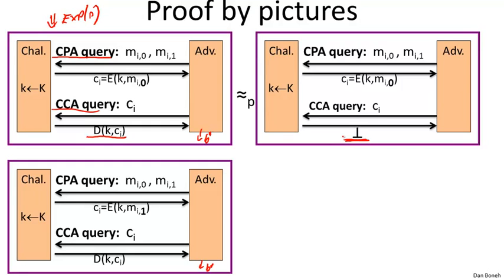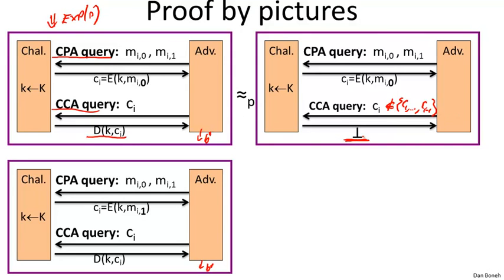In other words, the adversary can't distinguish these two games for the simple reason that, because the scheme has ciphertext integrity, the adversary simply cannot create a ciphertext that's not in c1 to ci-1 that decrypts to anything other than bottom. That is the definition of ciphertext integrity. And as a result, again because of ciphertext integrity, it must be the case that every chosen ciphertext query that the adversary issues results in bottom.